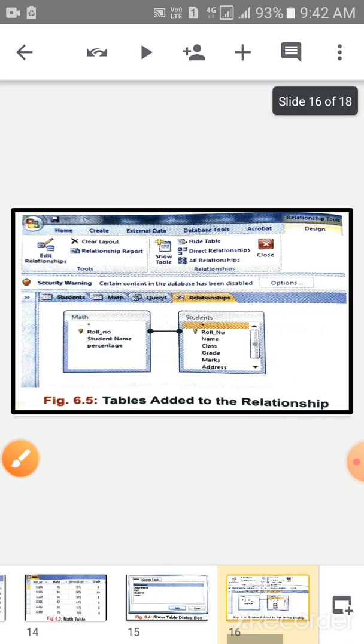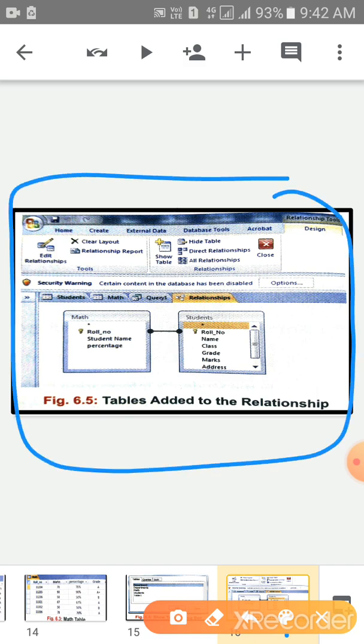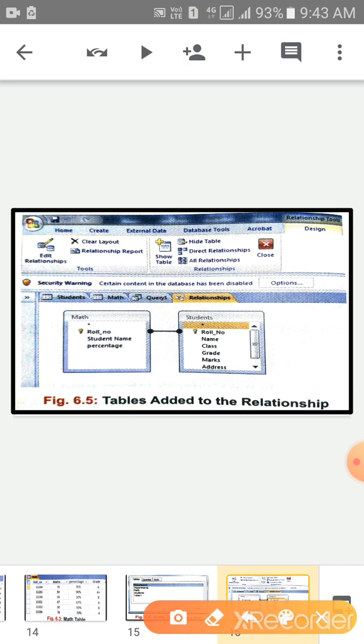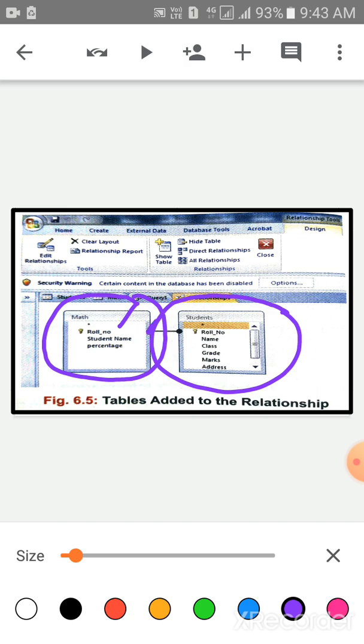Okay children? Now children, look at the screen. This is the table added to the relationship. Children, in this relationships window, two tables are there. This is the maths table and this is the student table. These are the maths field names and these are the students field names.